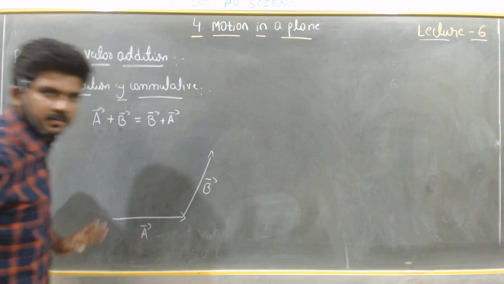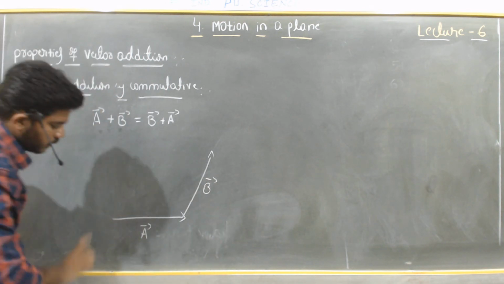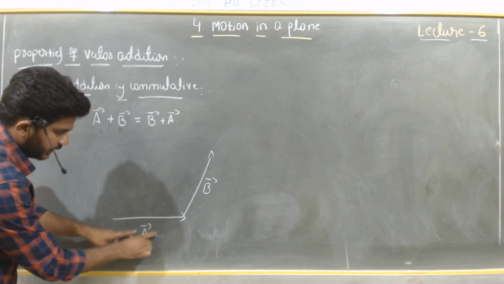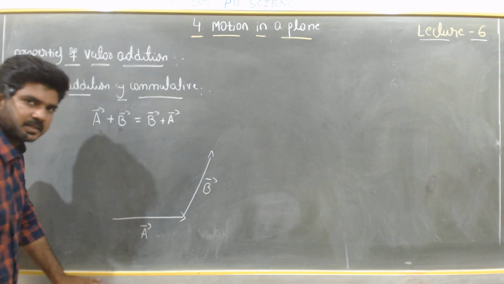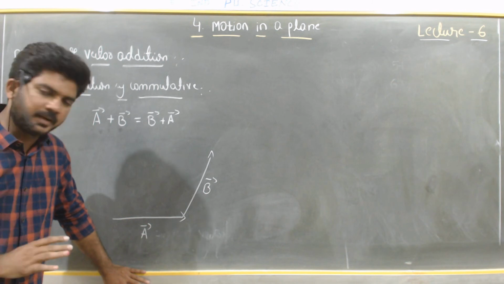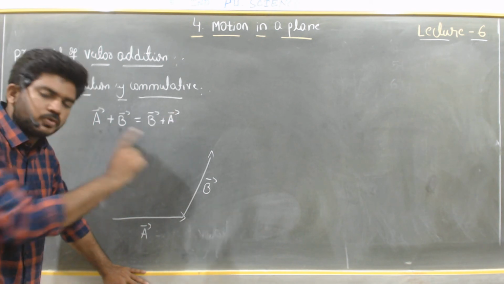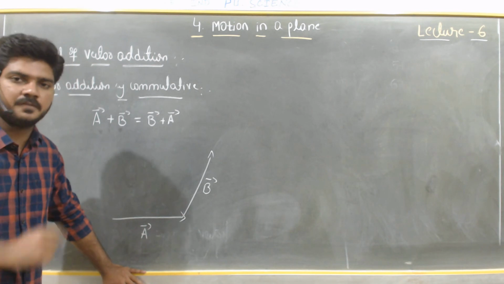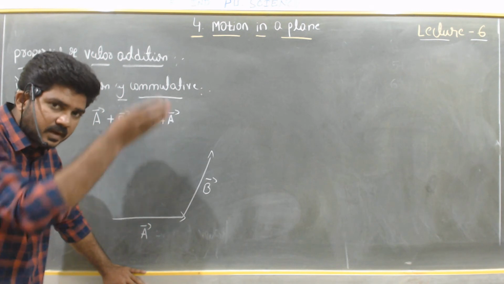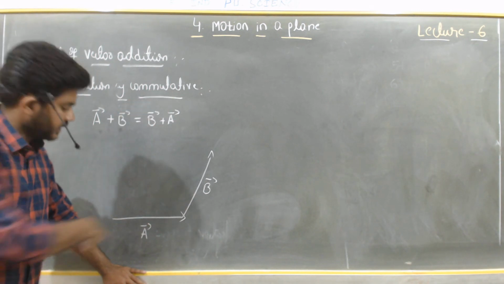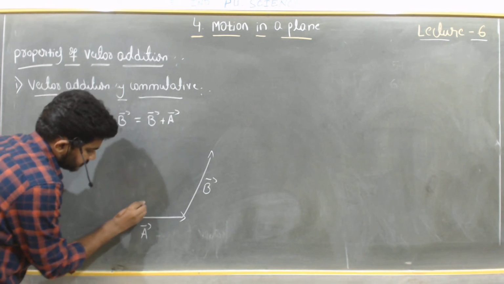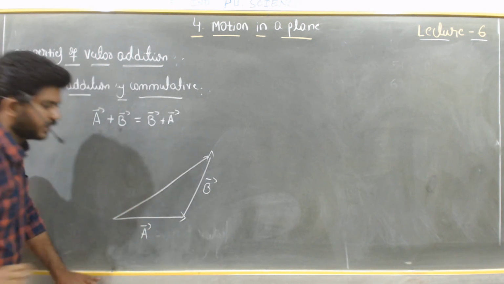Right. So now I have to add these two, vector A plus vector B. To add vectors, we have the triangle law, parallelogram law, and polygon law of vector addition. Among those three, which one do I choose? Of course, the triangle law of vector addition, because two vectors are represented by two sides. Then the only thing is to draw the third side, which gives the resultant of these two. Yes, I have taken the third side.